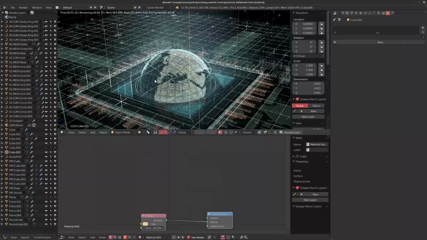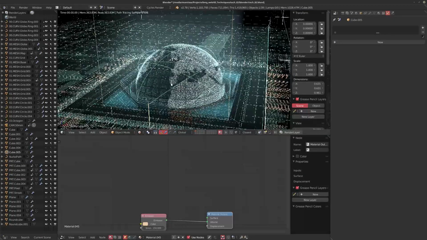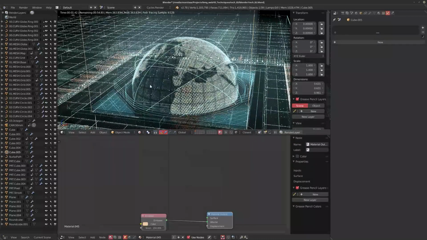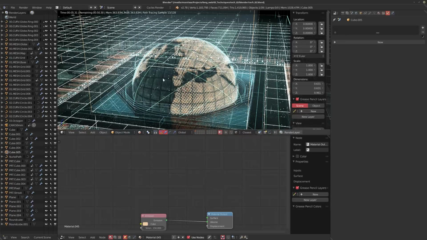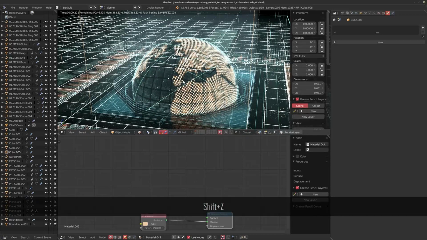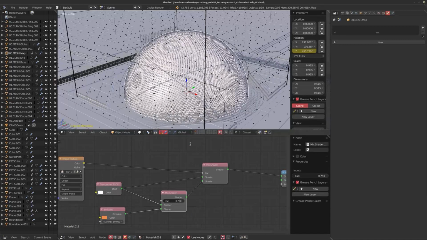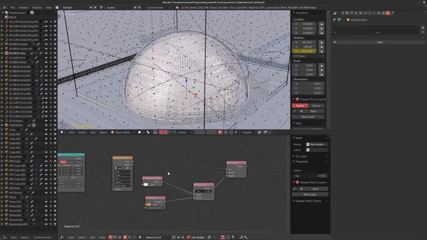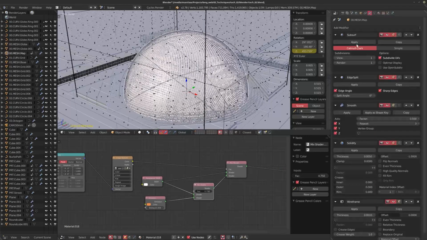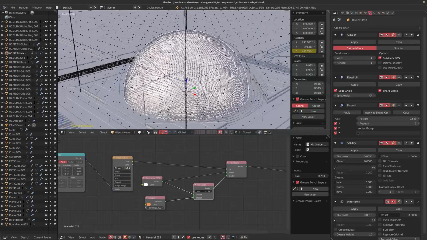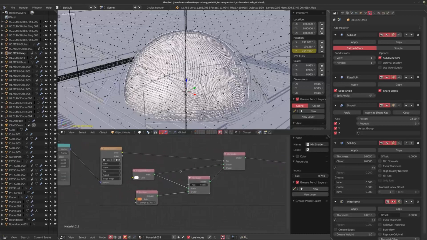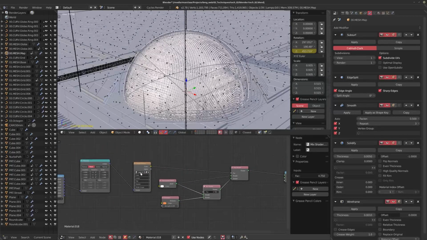So if you look at a lot of these techniques, again, if you look at this square thing, this is just a round cube which has been, again, with an edge split and a smooth to split up the particles in between them. If you look at the world map, it's exactly the same as what I did in the second part, where I did use the edge split and the smooth and solidify in those ways. The only difference is that we now have a mask. Let's see what this is called.